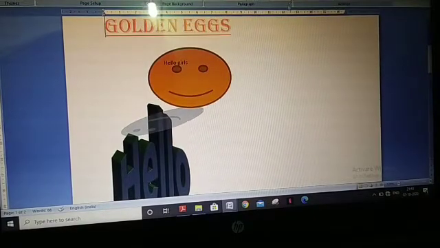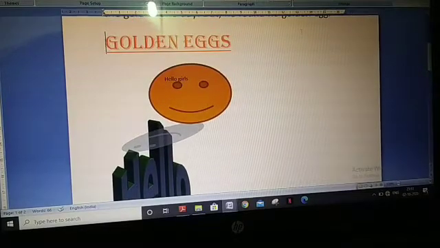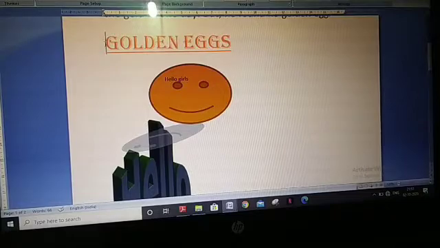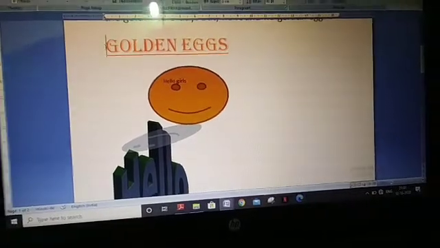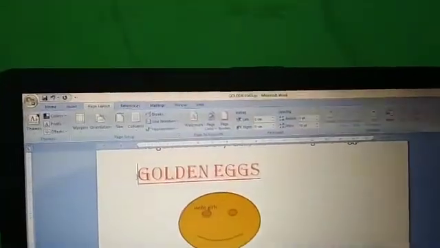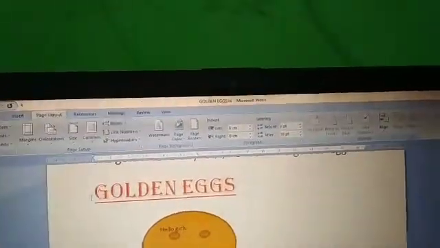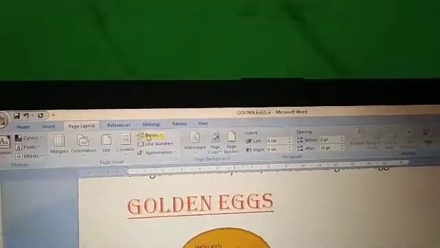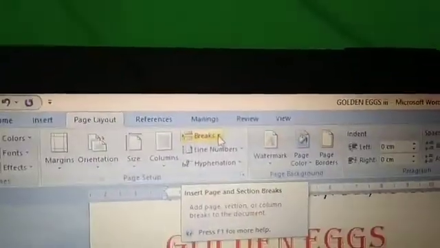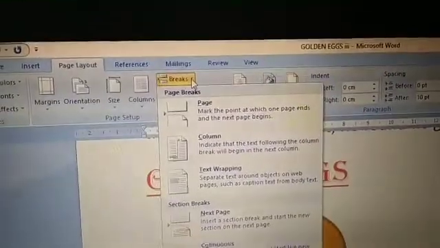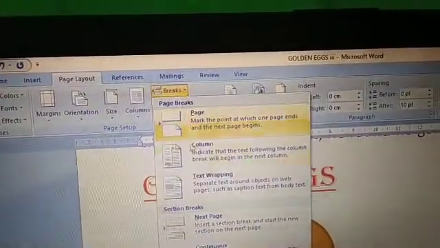Click where you want the page break. I already clicked here. Now where do you have to go? Page Layout tab, and Breaks. There is the Breaks option. You see Breaks. Which break? Page break, column break.